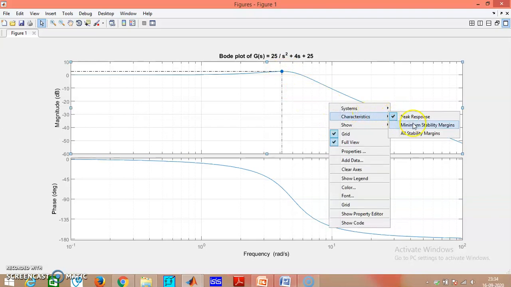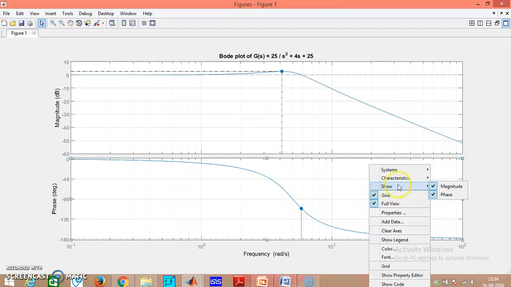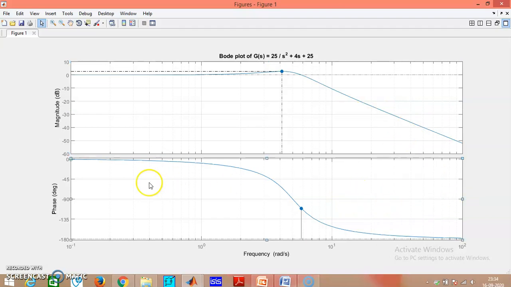Similarly, we can get the minimum stability margin and all stability margins. So this is how we get the Bode plot from the MATLAB program.